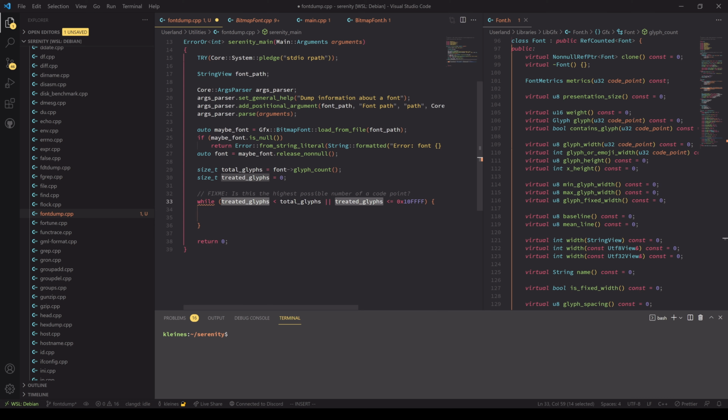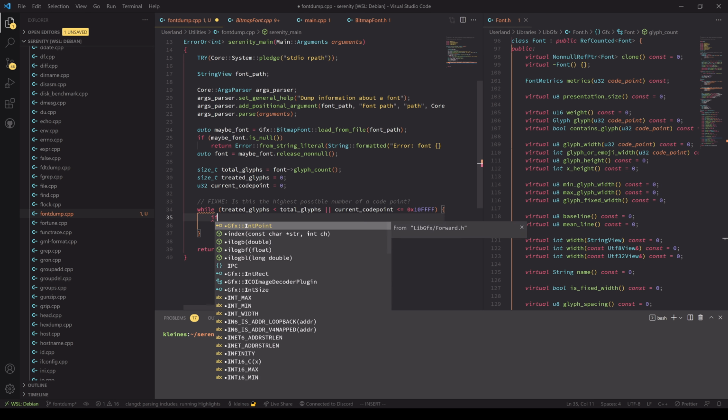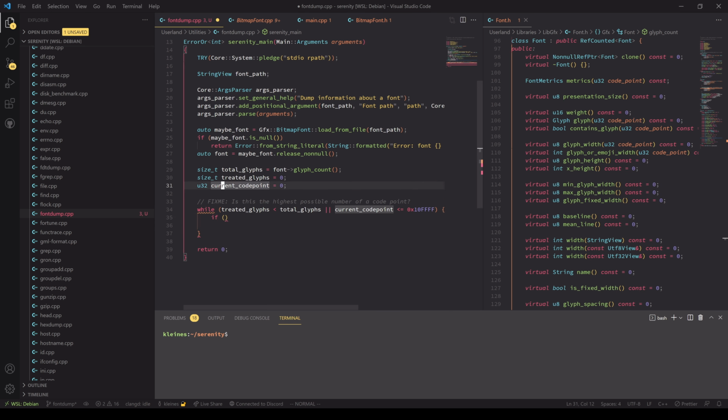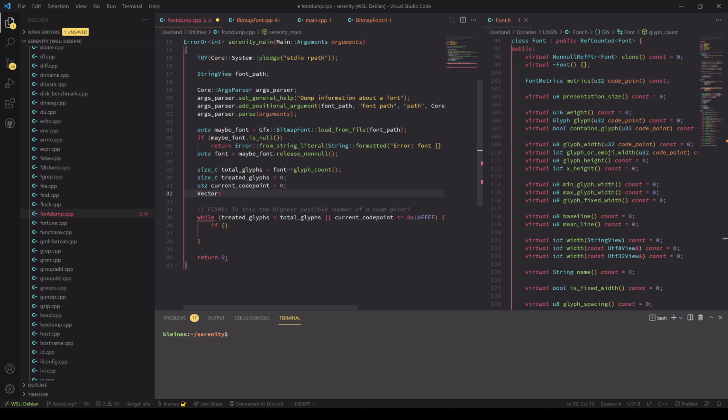And that is not treated glyph, but okay, and the current code point is 0. Let's actually start at the null character. I don't care. Contains glyph. Yeah. Okay. So finally, the metric that we actually care about is a list of all glyphs that do exist. So vector of, I think,